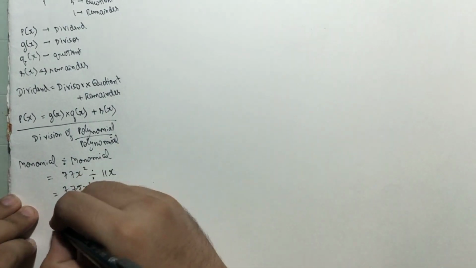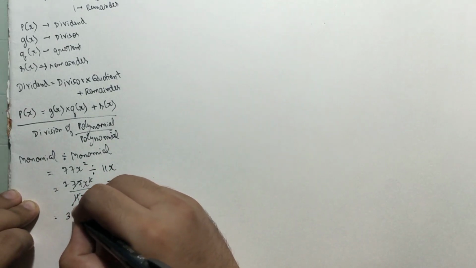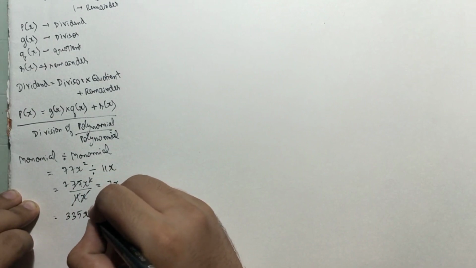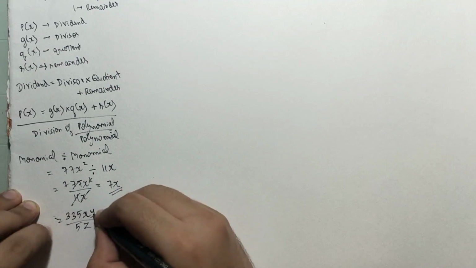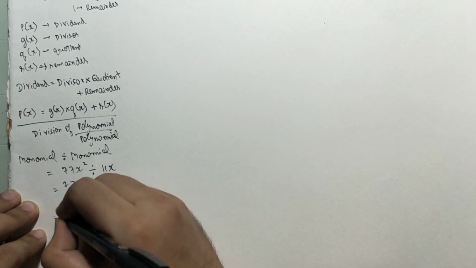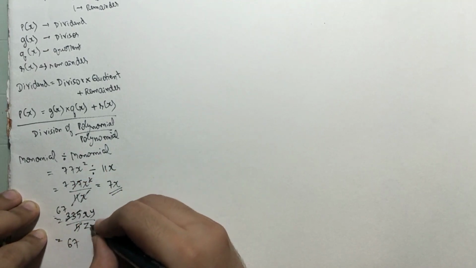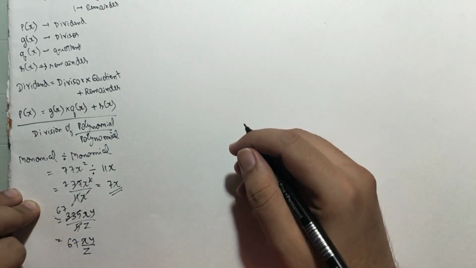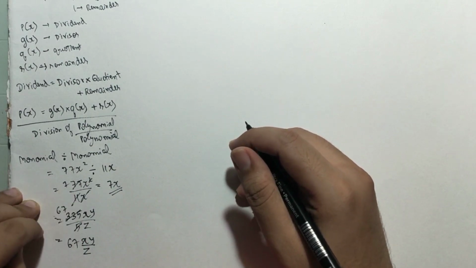Let us take one more example. If it is not cut, suppose I take the example of 35xy upon 5z. I am dividing a monomial, 35xy upon 5z. 5 ones are 5, 5 sevens are 35. So 7, and xy and z are not cutting. So my answer will be 7xy upon z. This is monomial by monomial.